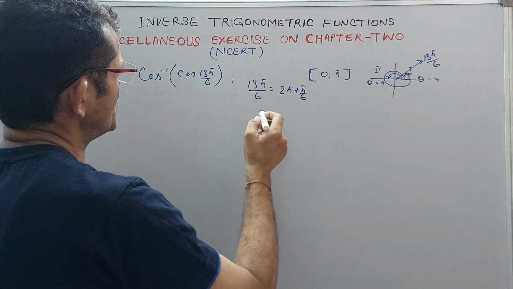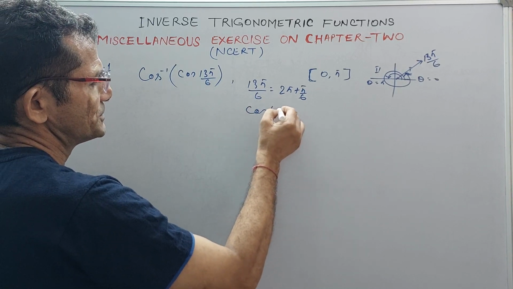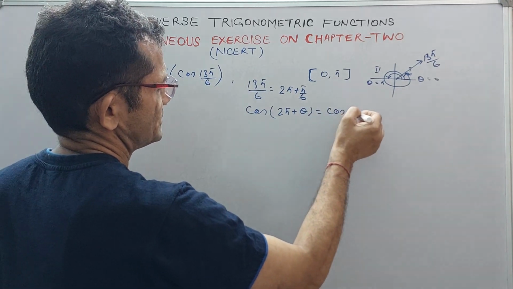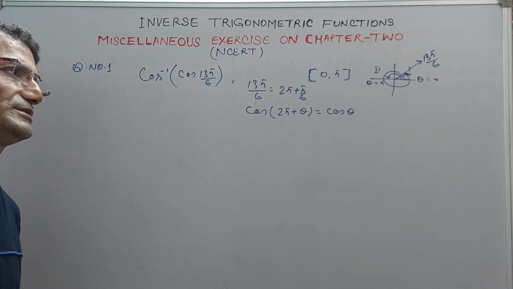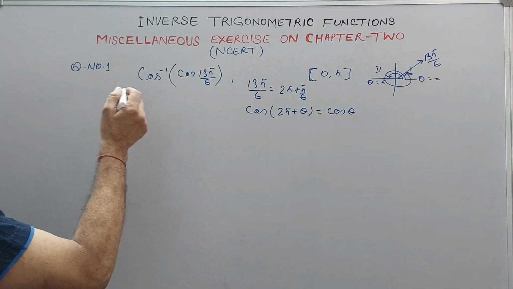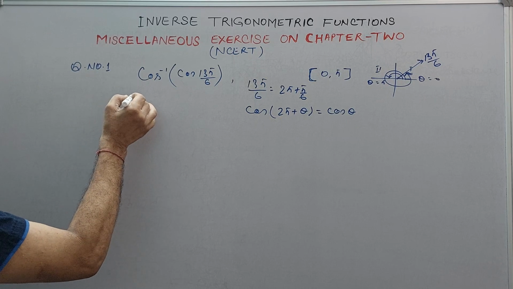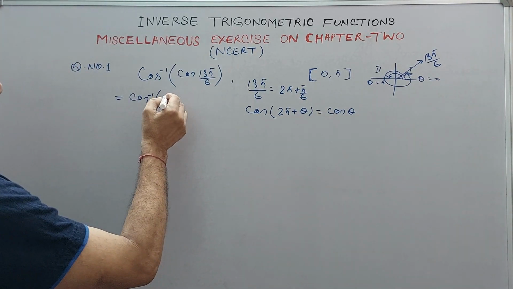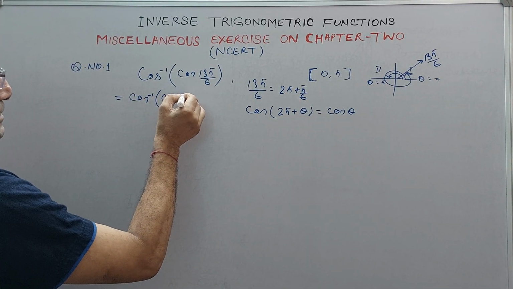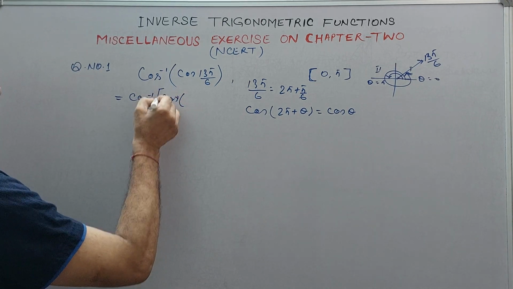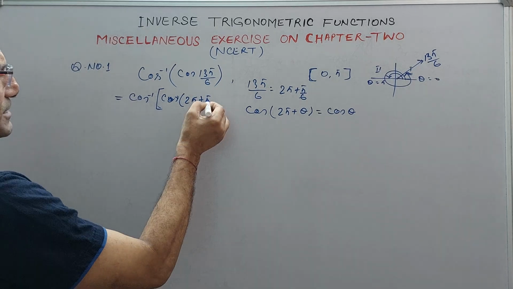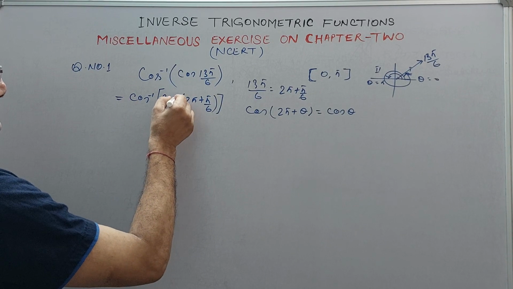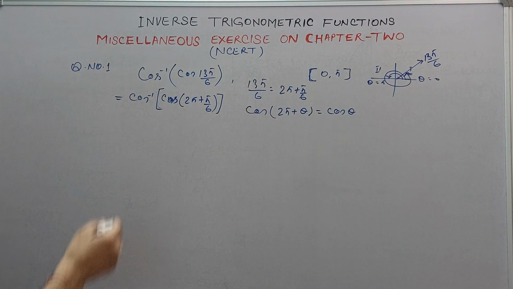We also know the formula of cos 2 pi plus theta. Cos 2 pi plus theta will be cos theta, because cosine is positive in the first quadrant. So just replace this one: cos inverse cos, 2 pi plus pi by 6, bracket is closed. Now it becomes